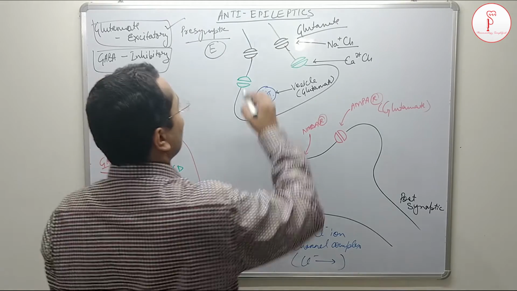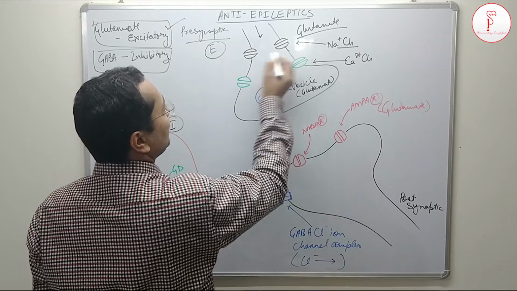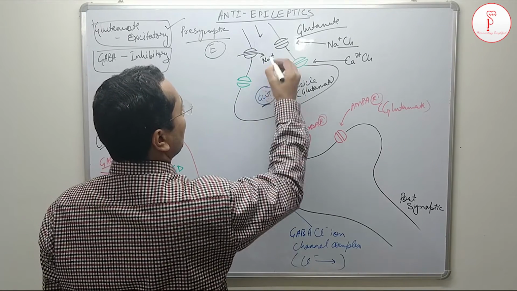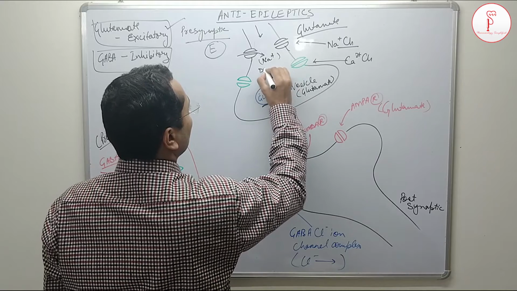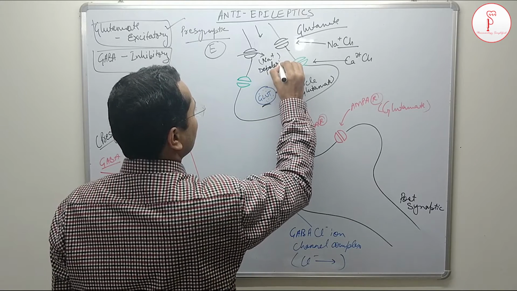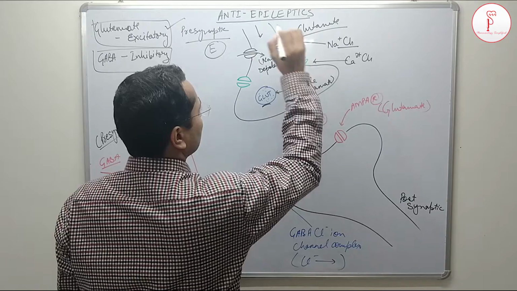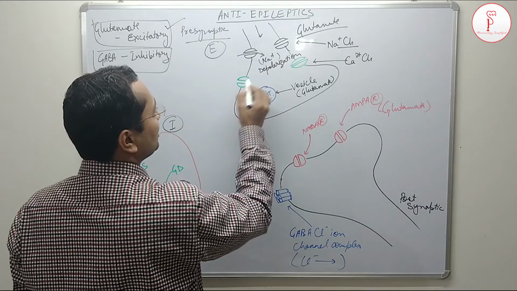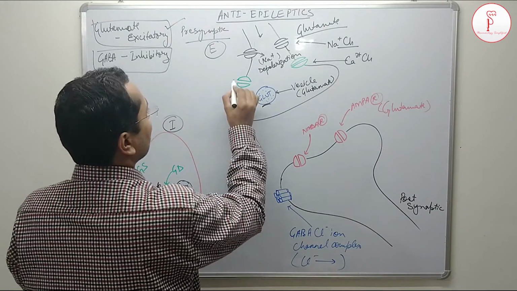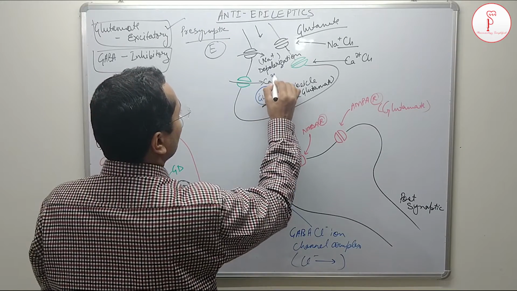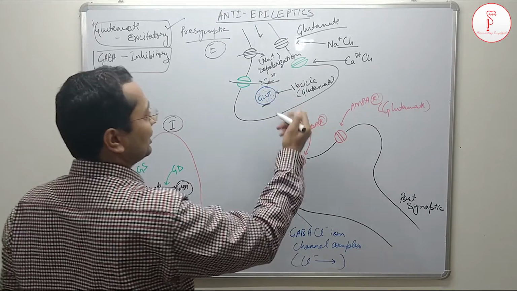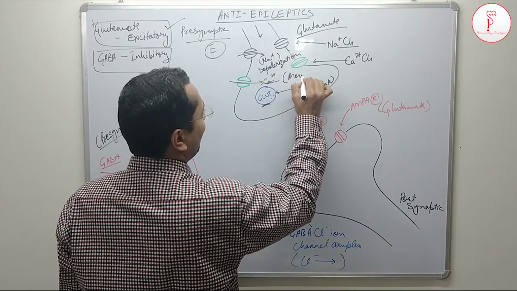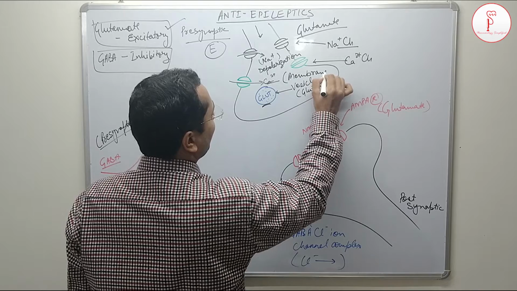So now whenever an impulse arrives, so these are your sodium channels, there will be influx of sodium. This sodium influx will lead to depolarization, and in response to this depolarization, these calcium channels will open and it will lead to influx of calcium inside the cell. Whenever there is influx of calcium inside the cell, it leads to membrane